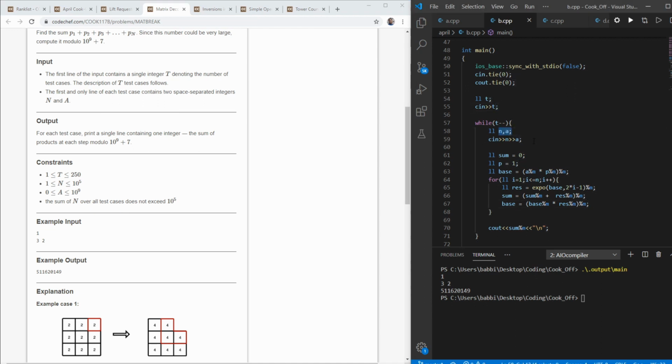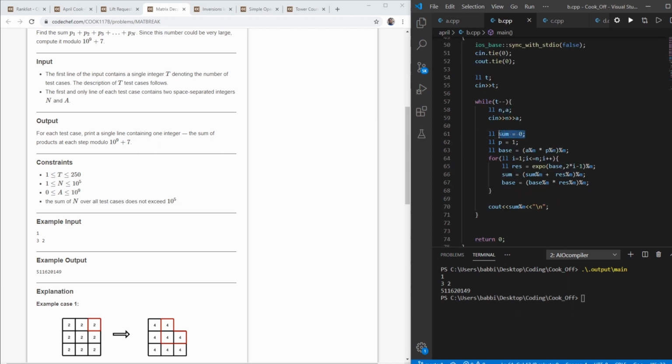Now first of all I will input t, then n and a as stated in the problem statement. Then I will have my variable sum, in which I will store my complete answer, which is the final result.